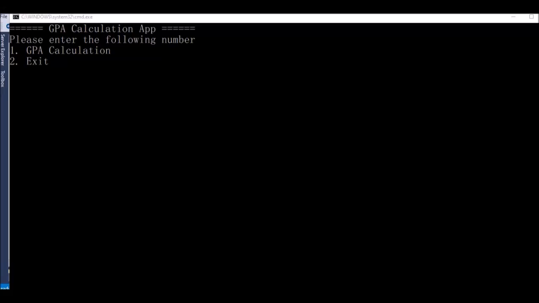This application is about GPA calculation. So the program will ask the user to input the number 1 or number 2. The number 1 is about the GPA calculation, and the number 2 is about exit the system. So when I want to calculate